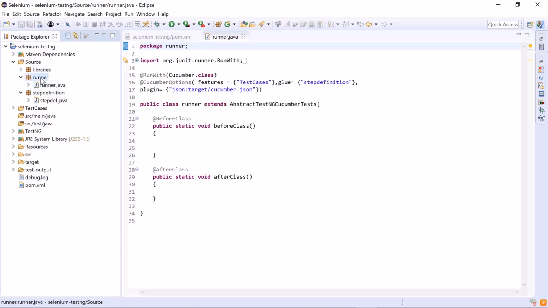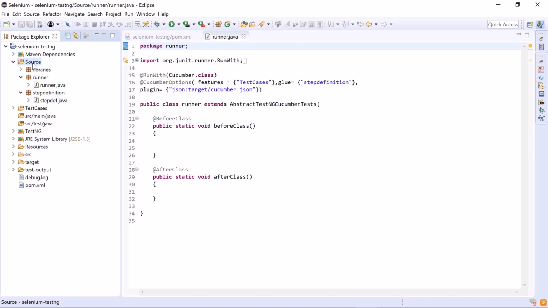As of now, you can see that we have the runner file placed under the runner package and the step def file in step definition. So both files are placed under different packages. But to run the test in parallel, we have to make sure that our runner and step definition files go into the same package. So now we'll move both the files to the same location.